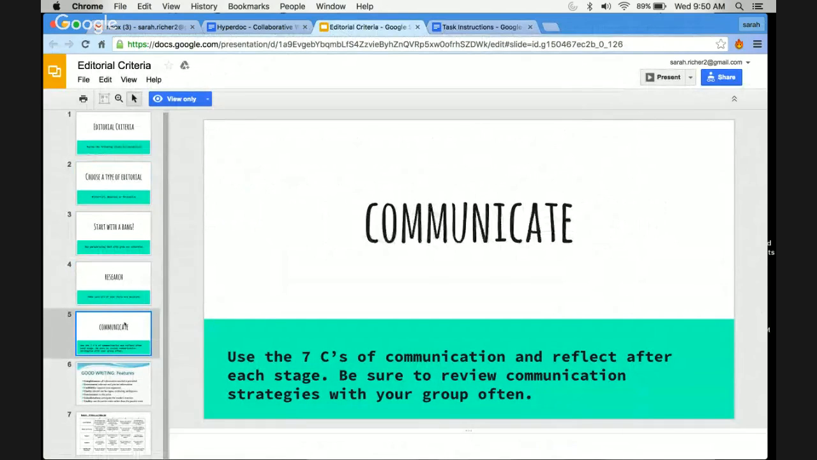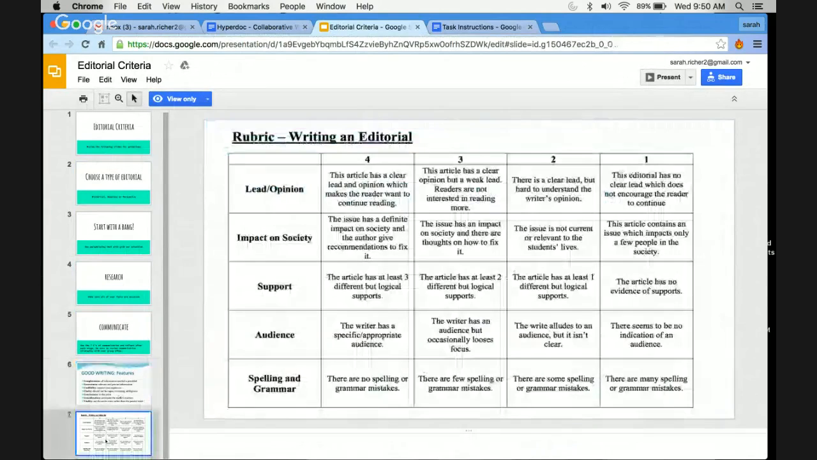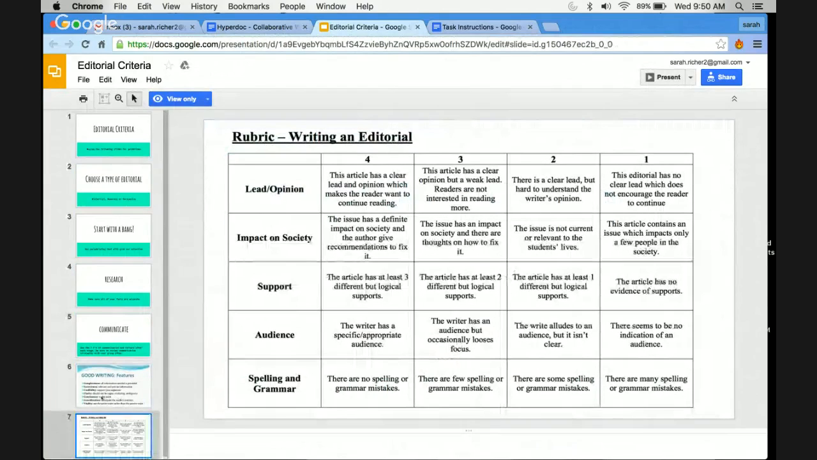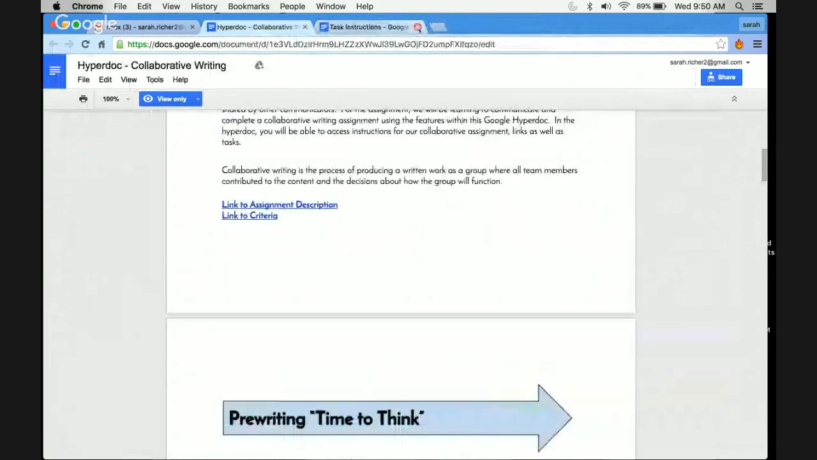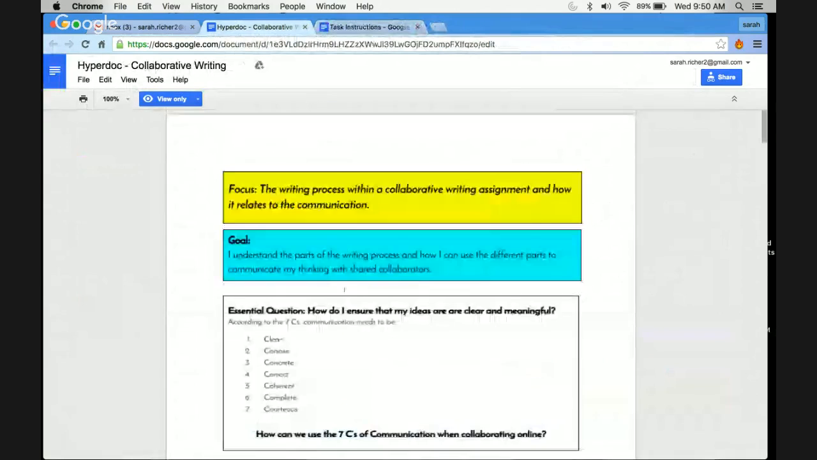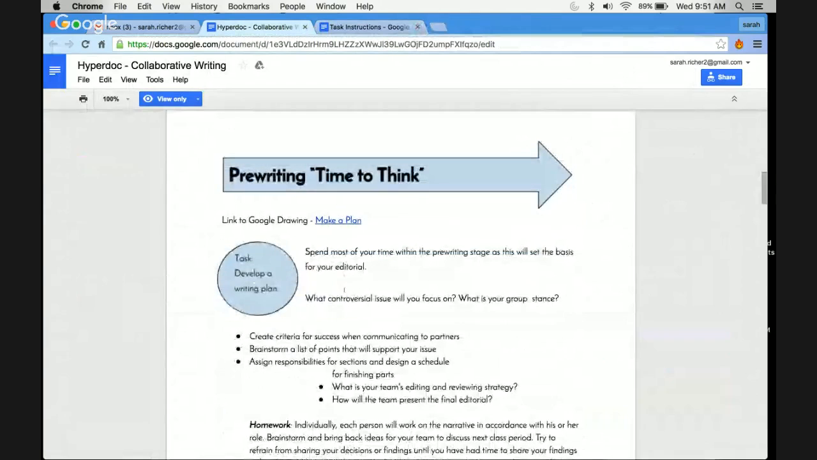Again, bringing up the 7 C's of communication, reviewing what that means to them, what good writing may look like, and also some sort of rubrics that I'm going to be assessing them with in the end, and how that may look. So just a quick idea that they have everything they need within this HyperDoc in order to lead them through their assignment, but also you're focusing not only on the assignment and the collaborative work, but on how